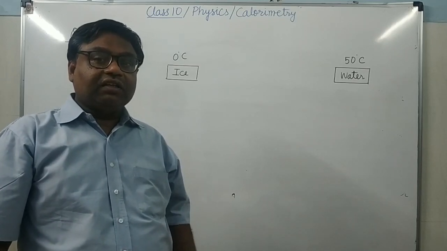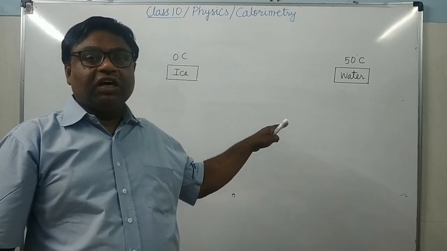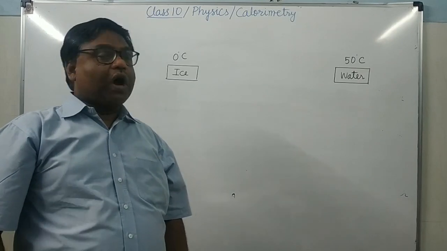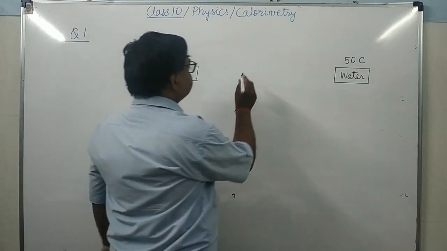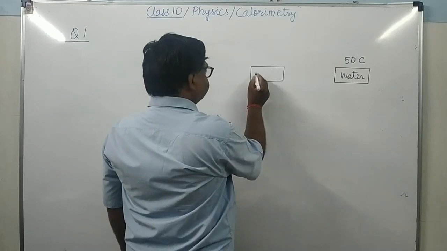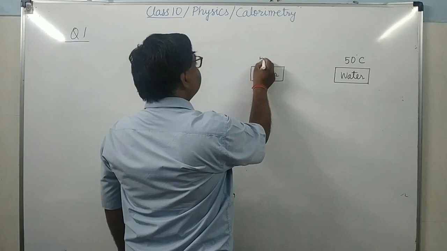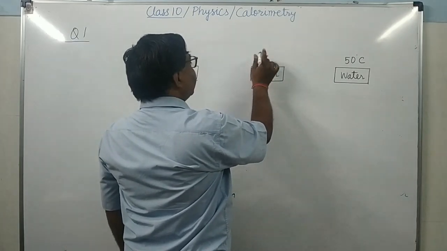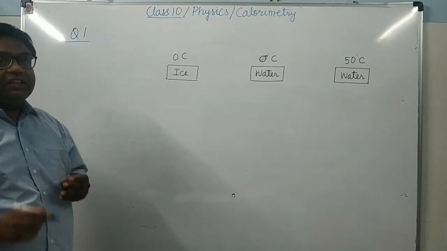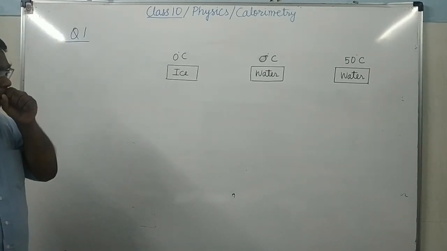After that, the water obtained at 0 degree Celsius, on gaining heat energy, will change into water at 50 degree Celsius. Means here the change will be like this. This we say an indicator diagram. Indicator diagram means it tells in which order the change is taking place. So now see here.